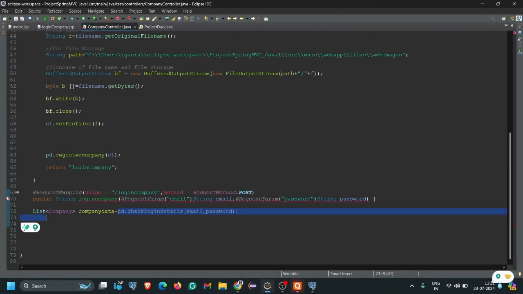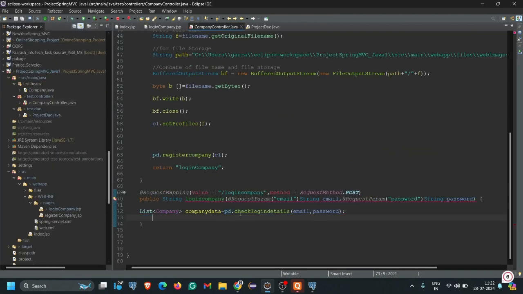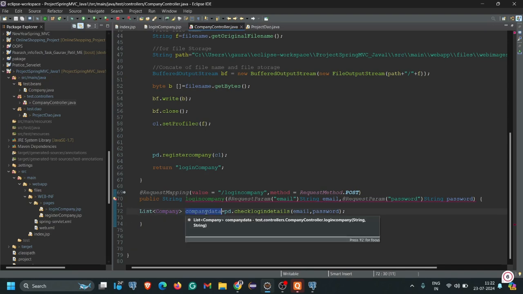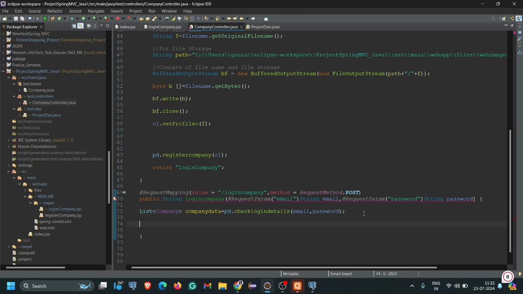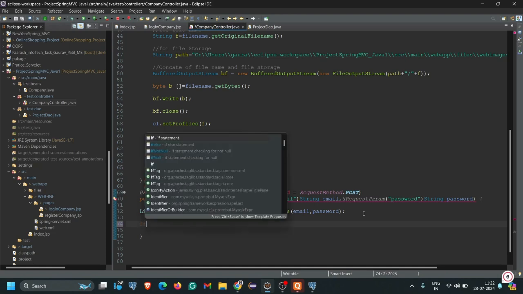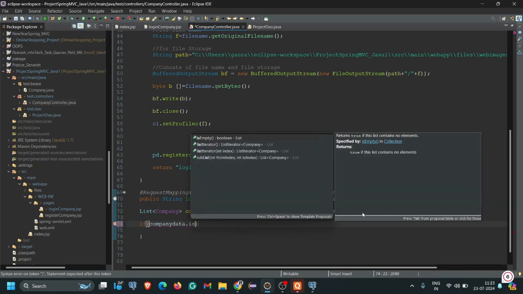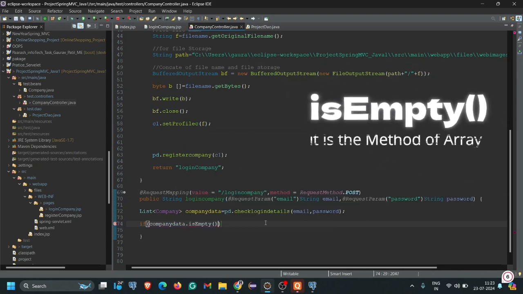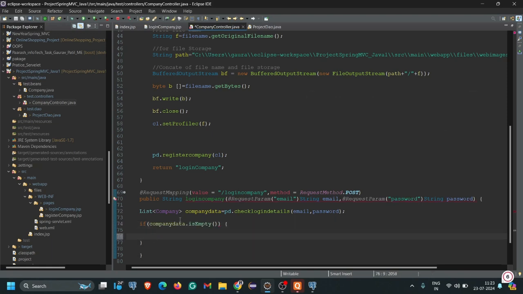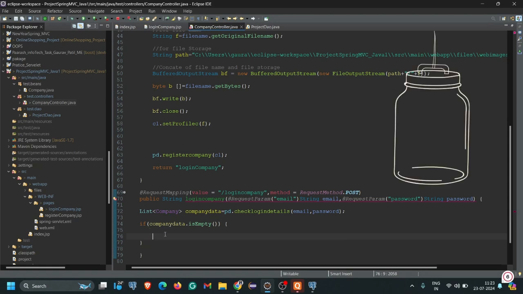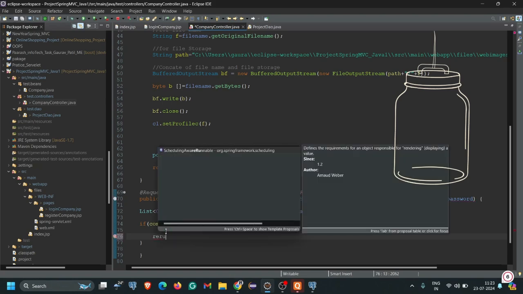So in that method there is a data of c1, and this data of c1 we pass in our company data of list. Okay, so for executing the login task we have to pass here a condition. We are just writing that condition: if company data dot is empty, which means that company data does not have any kind of data, company data is null or empty, then we return